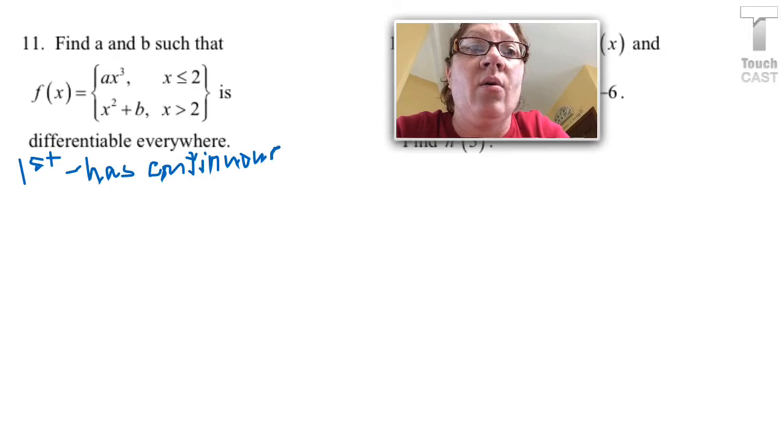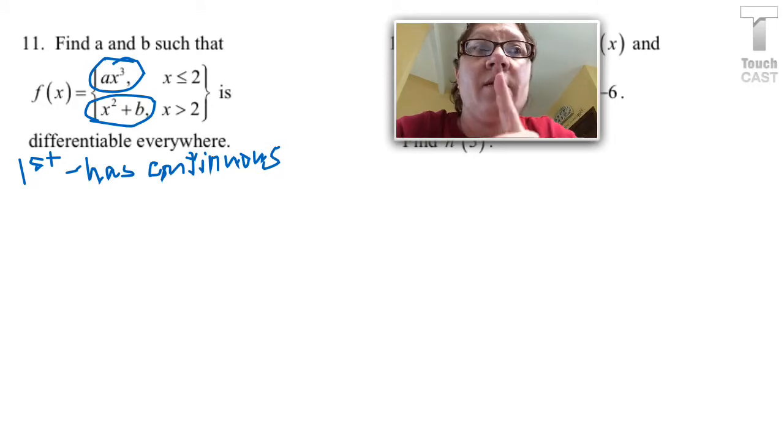because I say, ooh, I get a nice cubic function when x is less than or equal to 2, and I get a quadratic function when it's greater than. Both of those are continuous. So the only place I think I need to be worried is what's happening when x equals 2. Well, I have to make sure that they both generate the same value so that I don't have to pick up my pencil. So when x is 2,